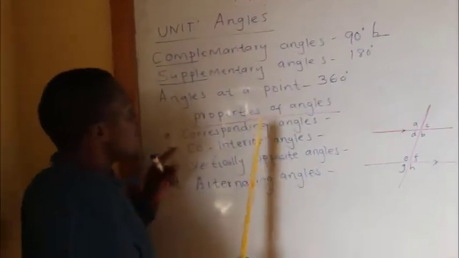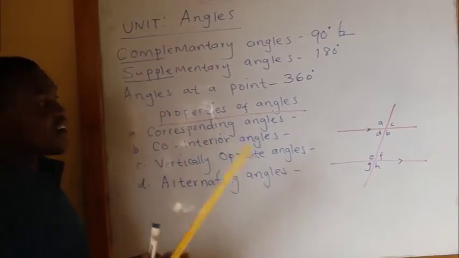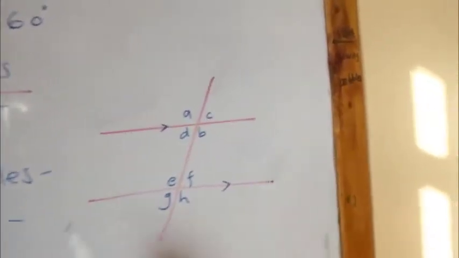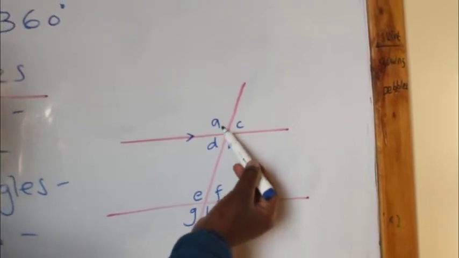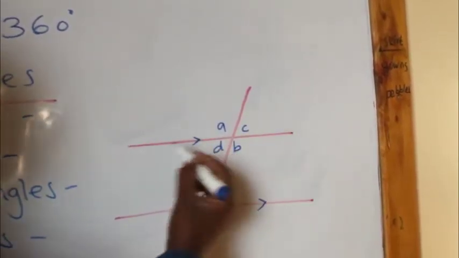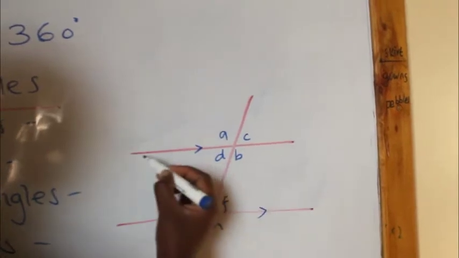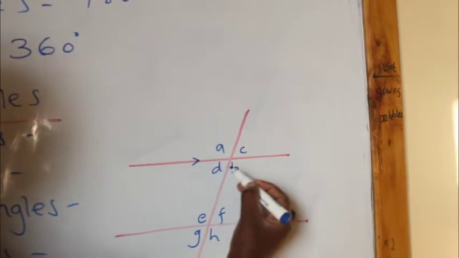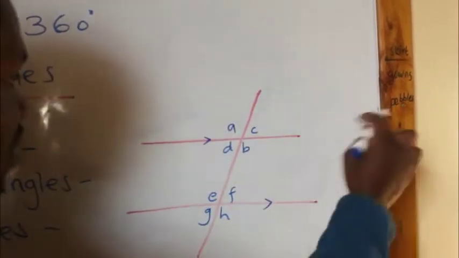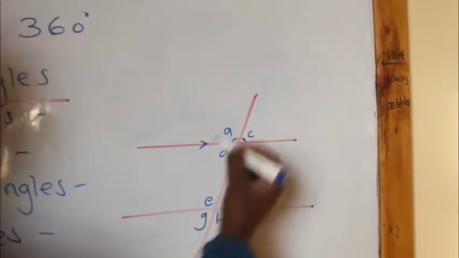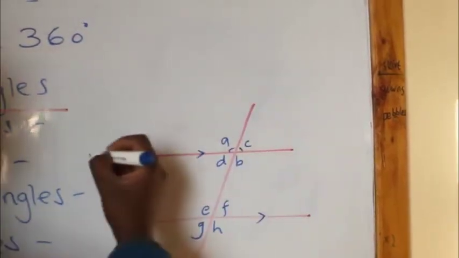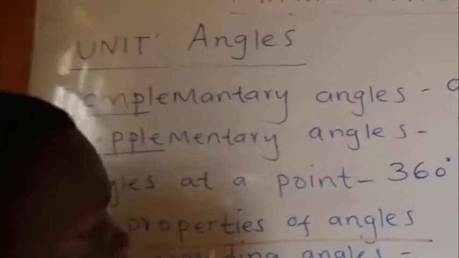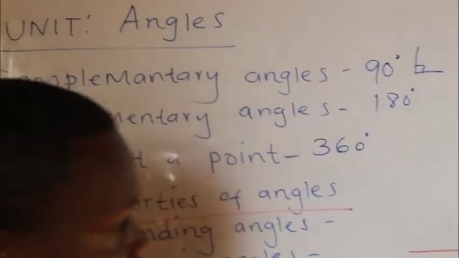So here, I now take you to the properties of angles. Before I go there, there's a diagram which I've drawn here. When you see these angles A and B, A and C, there's a straight line here. Along this straight line, we have got A and C as angles. We have got D and B as angles. So these angles are lined up on a straight line. These angles, we call supplementary angles because they add up to 180 degrees.